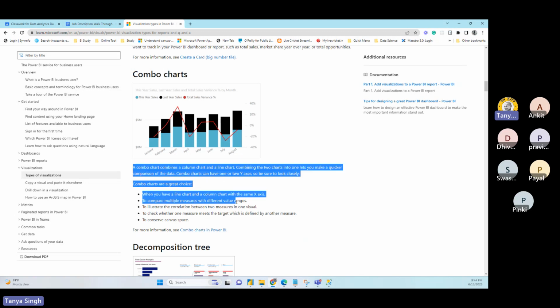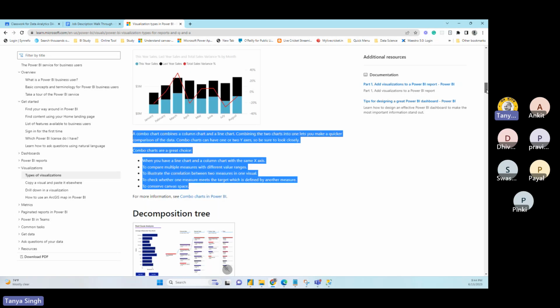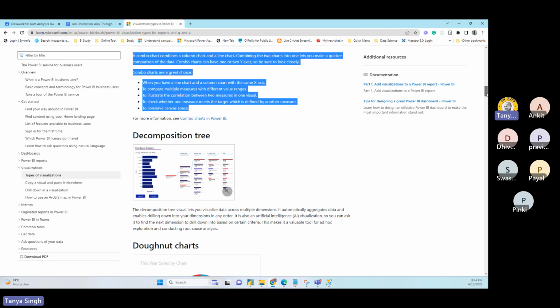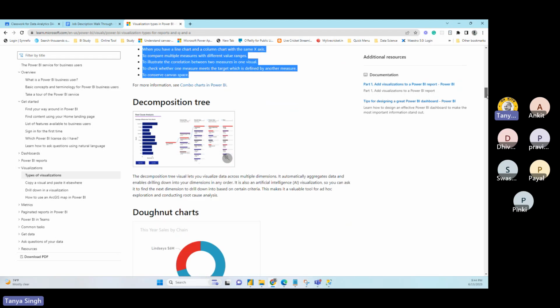And you can read through these things. I don't want to go into those details, but the overall idea is that a variety of charts are there, and based on your use case, which chart will be more suitable, you also learn from experience, and that you can refer to depending on that is very important.